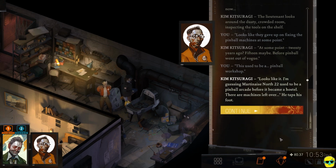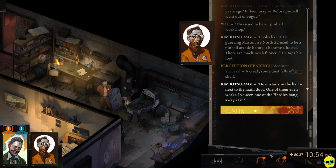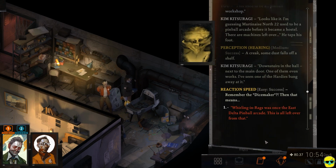Looks like it. I'm guessing Martinez North 22 used to be a pinball arcade before it became a hostel. There are machines left over. He taps his foot. A creak. Some dust falls off a shelf. Downstairs in the hall, next to the main door. One of them even works. I've seen one of the hearties bang away at it. Remember the dice maker? Then that means...